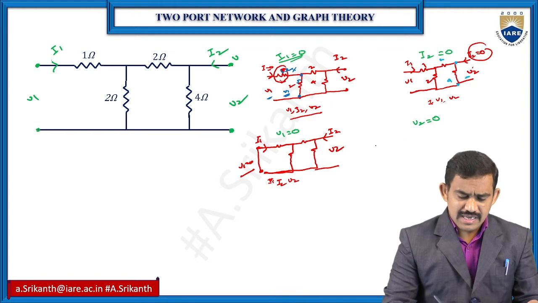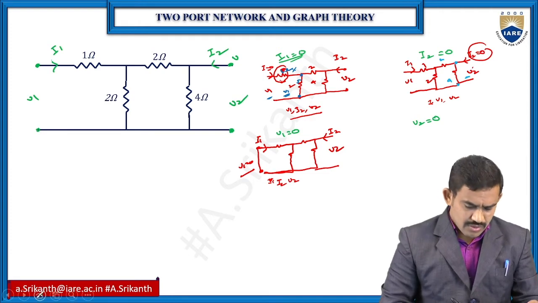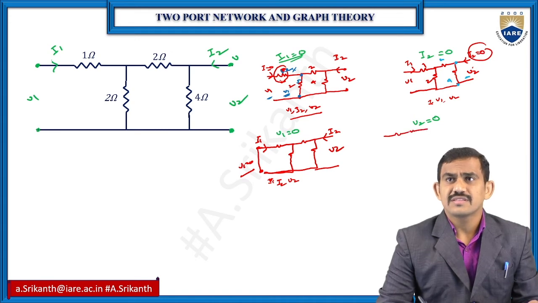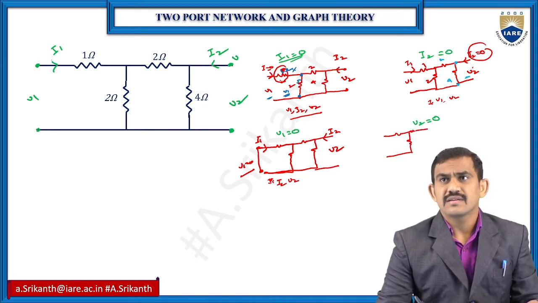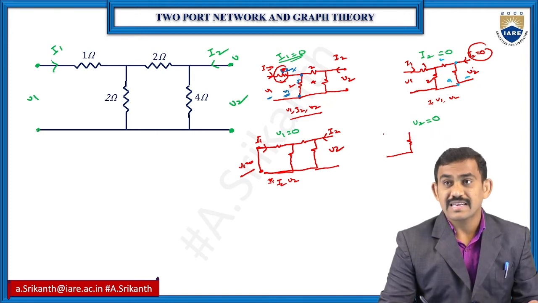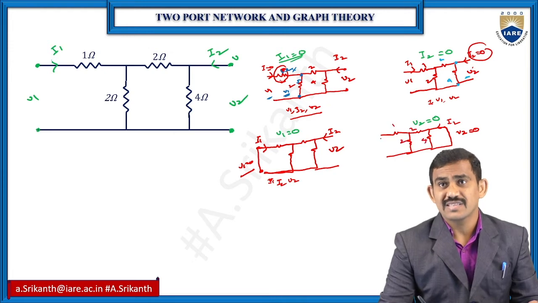And coming to one more condition here, from this we can find out 3 values, and V2 is 0 now. For V2 equal to 0, the secondary side is short circuit, so we don't have the secondary side supply. Here it is a short circuit. So we have the I2 value, and here we have 1 ohm, 2 ohm, 2 ohm, 4 ohm as it is. Here we have the V1 value and I1 value.